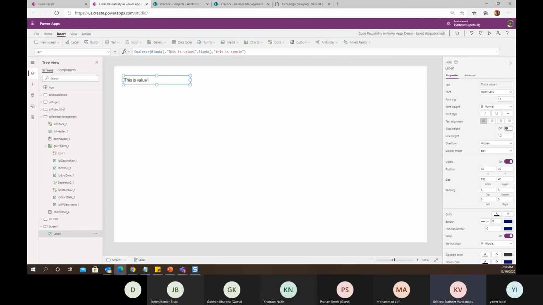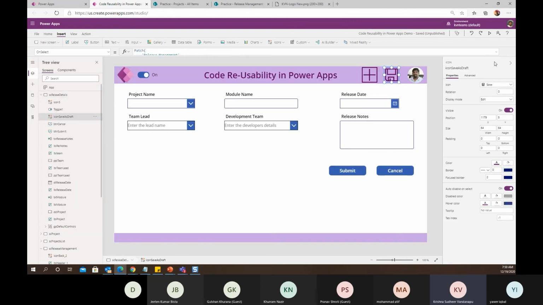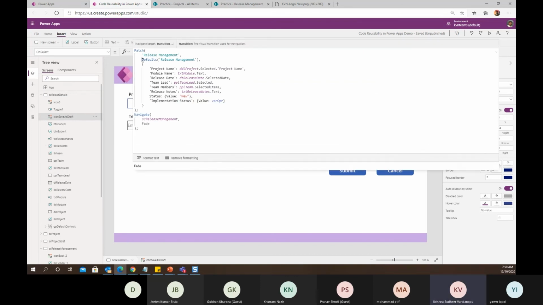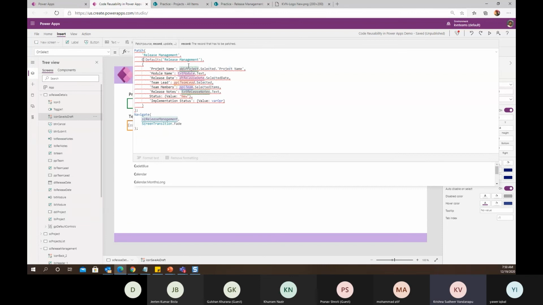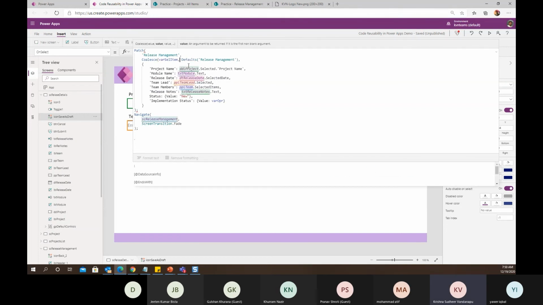If I replace my patch function with this, in my example of saving, if I replace this with the Coalesce function, what I'm going to do is add selected item, if not, the default.